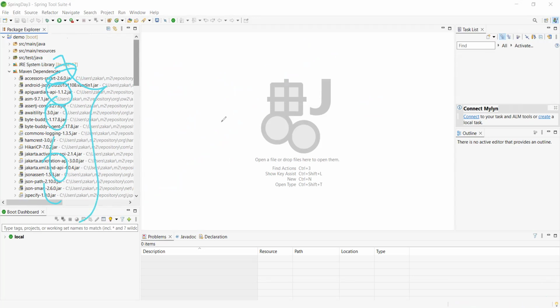What does module mean, right? I showed you technically also what a module is: a collection of jar files, or a collection of related jar files, right? Why related jar files? Because all the jar files are related to a specific task, right? Any confusion to understand what a module is? No, sir. So let me close this one.